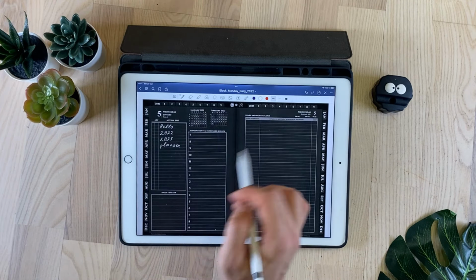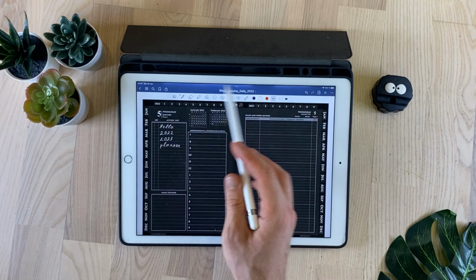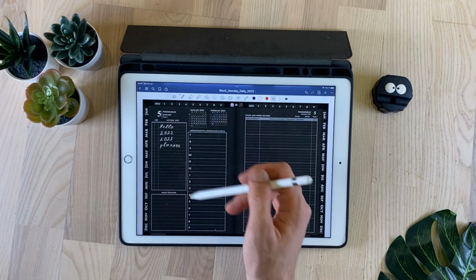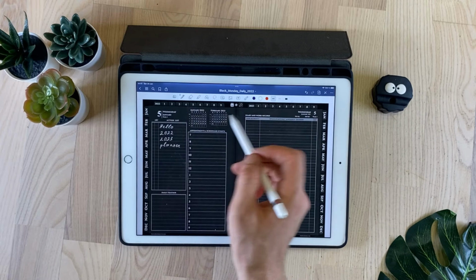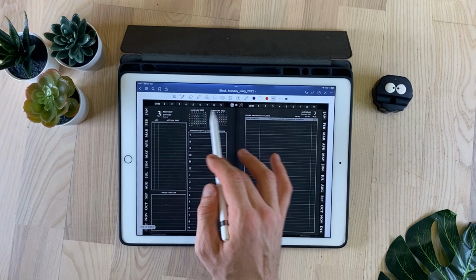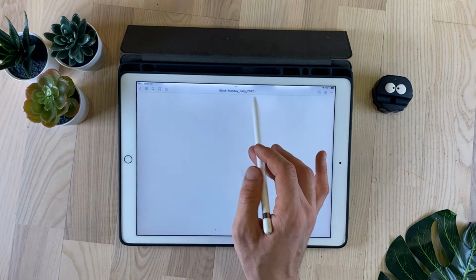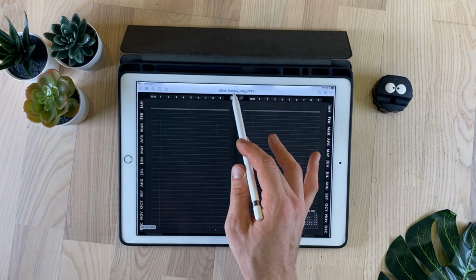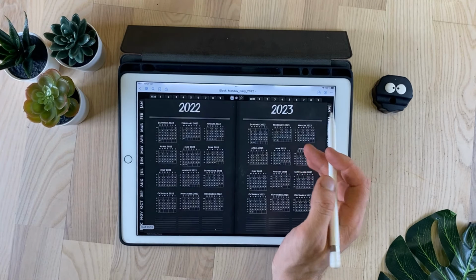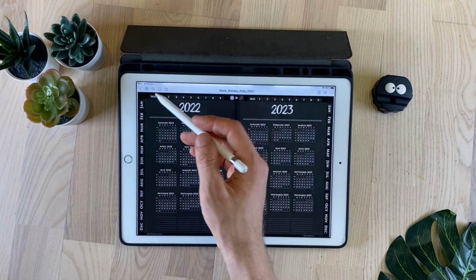I want to clarify an important point. My planner is not an app. My planner is a PDF file with hyperlinks to navigate between days, weeks and months. You will need to additionally install one of these applications for handwriting notes on iPad: GoodNotes, Notability or NoteShelf. After that, import my file into one of these applications and start doing digital planning.